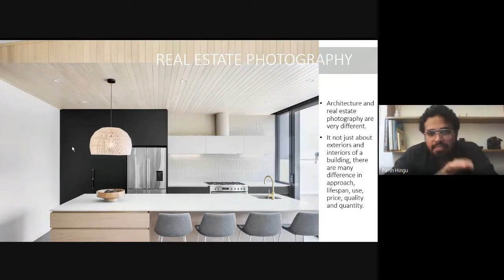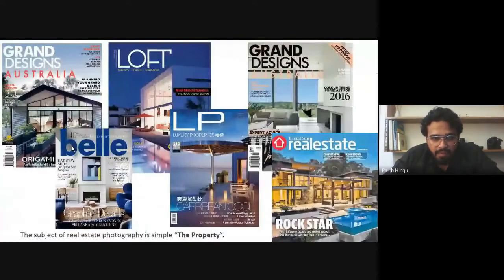You will adjust according to the lighting conditions and furniture and all of that, and then you will click the image.